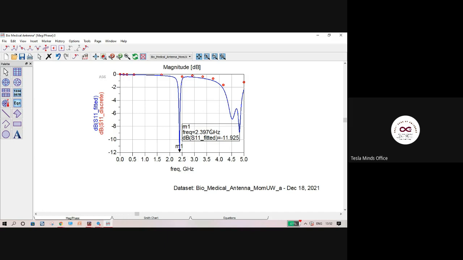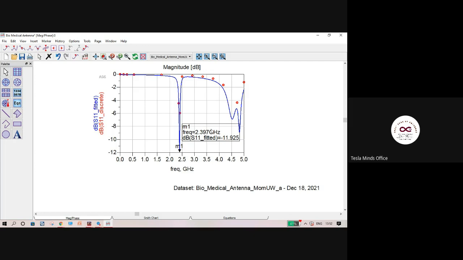Let's see when this simulation completes. Let's see what happens to the values, and then we can go and analyze the near field characteristics. In an antenna, you have near field and far field characteristics. Near field characteristics are near the antenna. Far fields are, as the name suggests, away from the product.